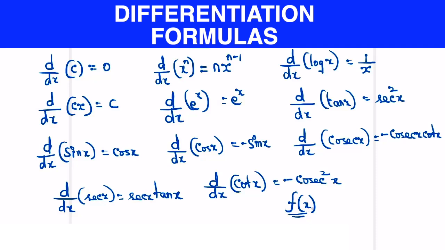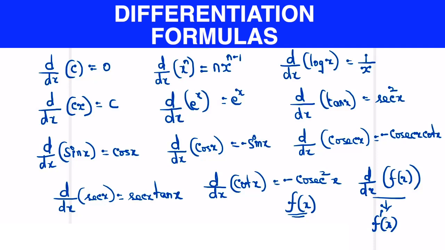Then the differentiation of f of x is nothing but d by dx of f of x. Looks very big, isn't it? So instead, the shortest notation to write this is just f dash x. This dash indicates it is the differentiated function of the input f of x. So this is also a common notation that we will use very frequently in these differentiation formulas, especially when the input functions are very big. This notation is quite useful for us to solve.